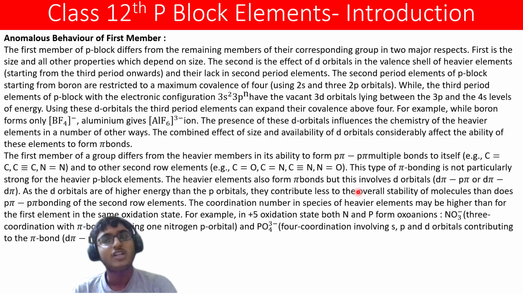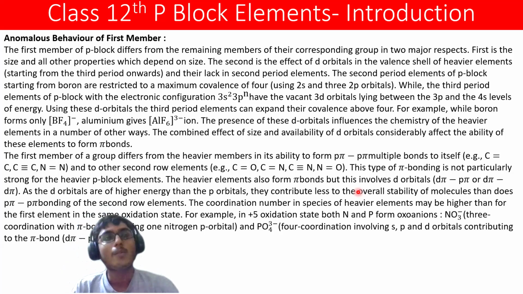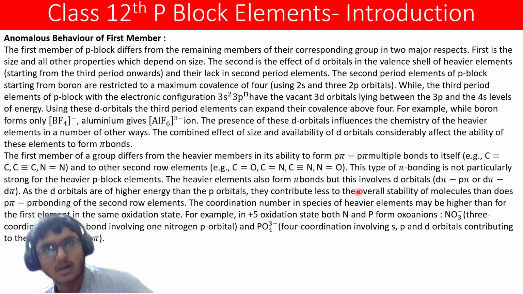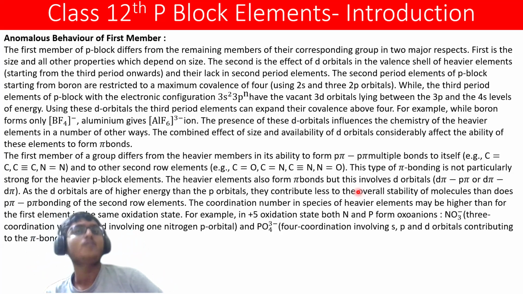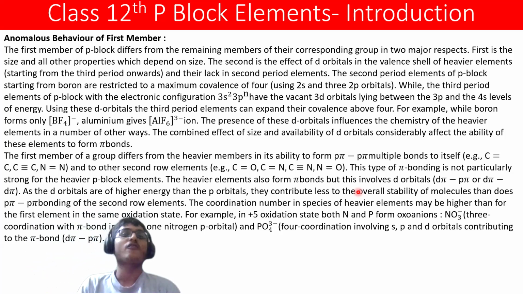ठीक है, तो वो जो इफेक्ट होता है डी ऑर्बिटल्स का वैलेंस शेल में हेवियर एलिमेंट्स का, जो स्टार्ट हो रहा है थर्ड पीरियड से, और फिर वो नहीं है सेकंड पीरियड के एलिमेंट्स। तो जो सेकंड पीरियड एलिमेंट से पी ब्लॉक का स्टार्ट होता है बोरॉन से और रिस्ट्रिक्टेड है टू मैक्सिमम कोवेलेंस ऑफ फोर, फोर तक ही मैक्सिमम कोवेलेंस तक है, जो कि 2s और 2p, मतलब कि 2s ऑर्बिटल होगा, और तीन 2p ऑर्बिटल्स यूज होंगे।